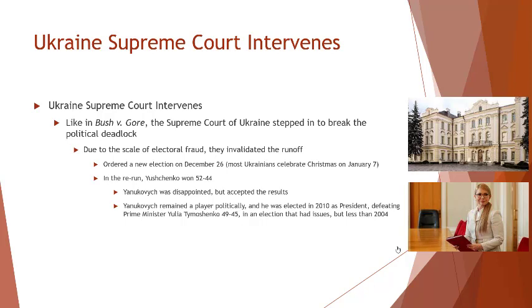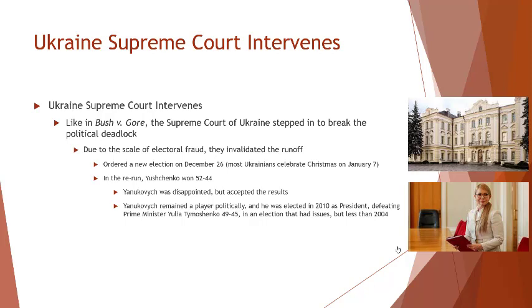But that election had some issues. Tymoshenko originally said she was not going to accept the result. It was by about a 4-point margin. She eventually exhausted her legal challenges, but there were fewer problems than in 2004. International observers said that the election was fair. There were problems, there clearly were. But some people speculated that the reason Tymoshenko might have come out on the losing end is that